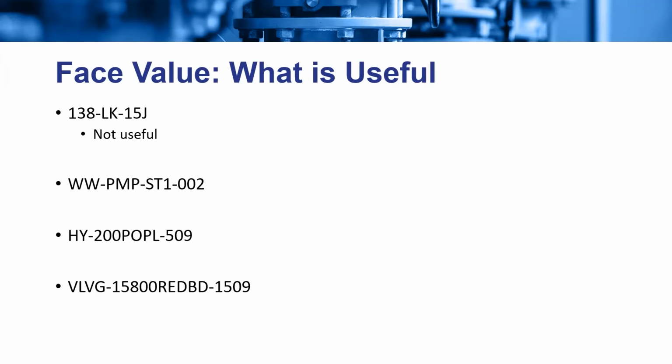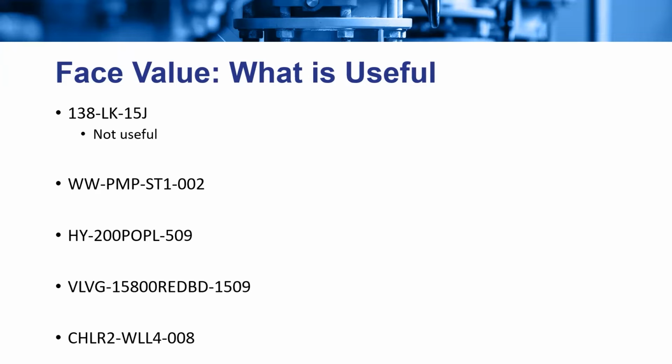Similarly, still out in the distribution system, VLVG is likely a gate valve within the water distribution system. Similar to the hydrant naming scheme here, we have a likely address, 15,800 Redbud. And then 1509, similar to the hydrant, is likely just the valve identification number. That doesn't tell you a whole lot more information, but if you were to look it up, it would be useful